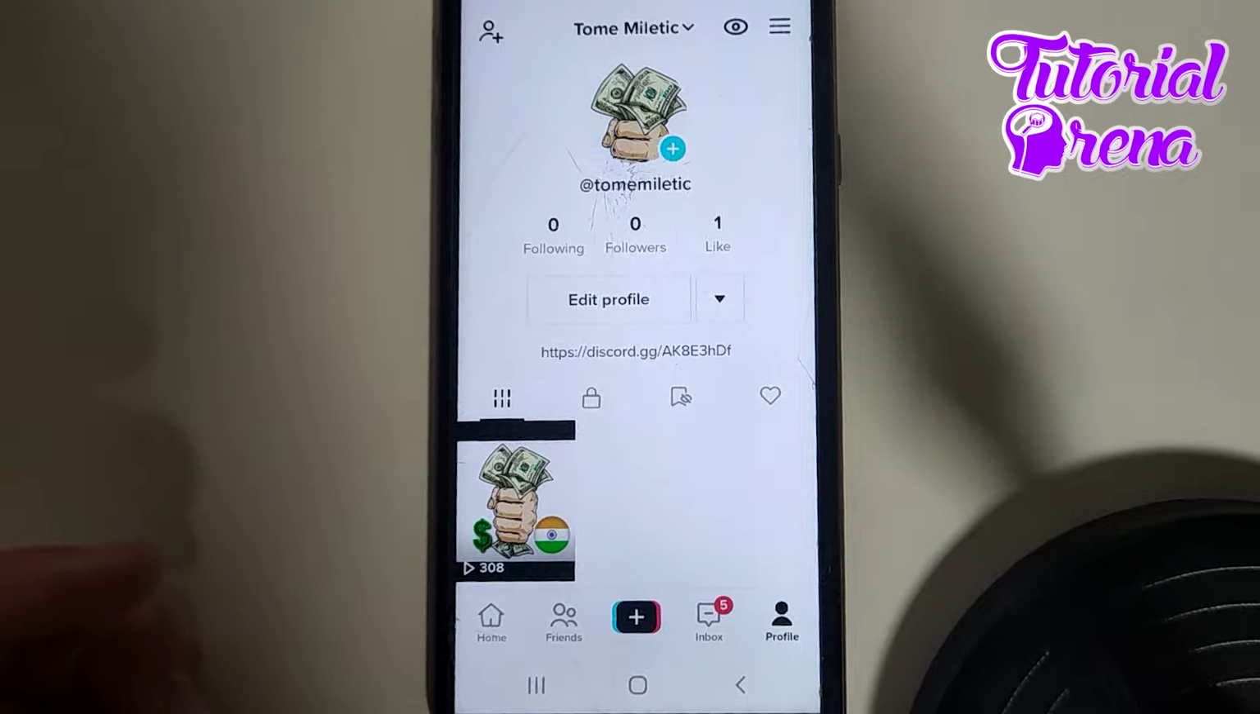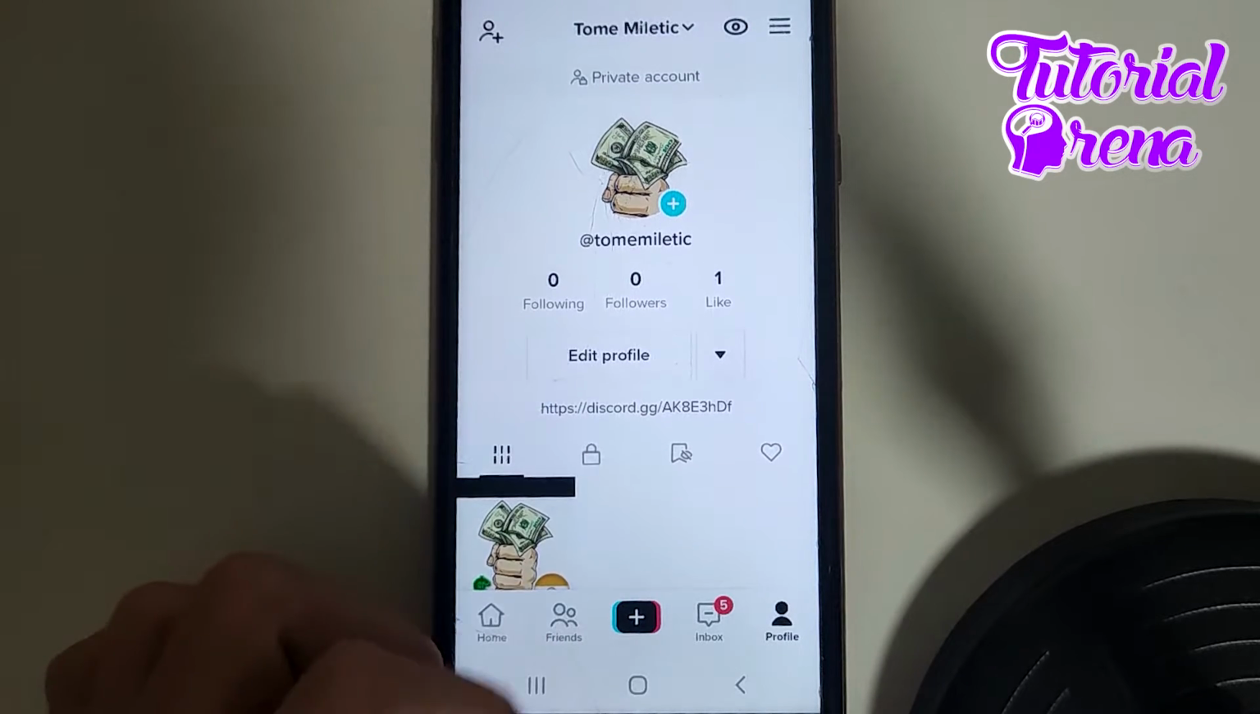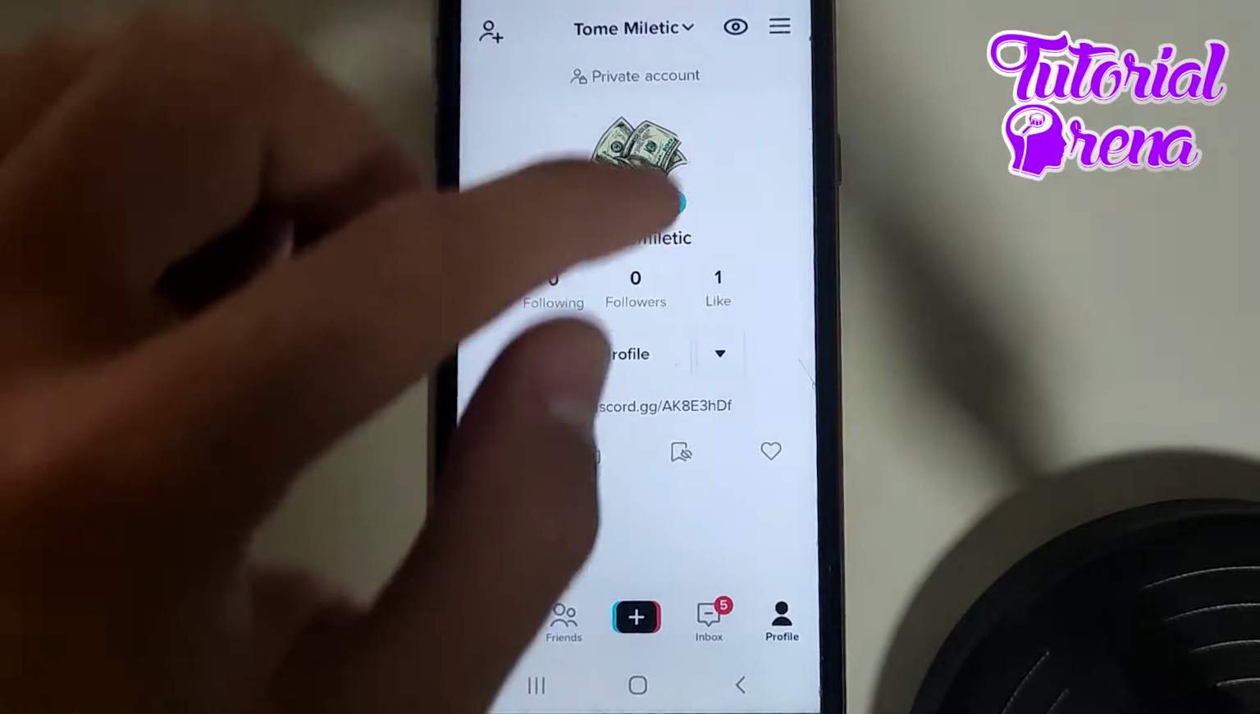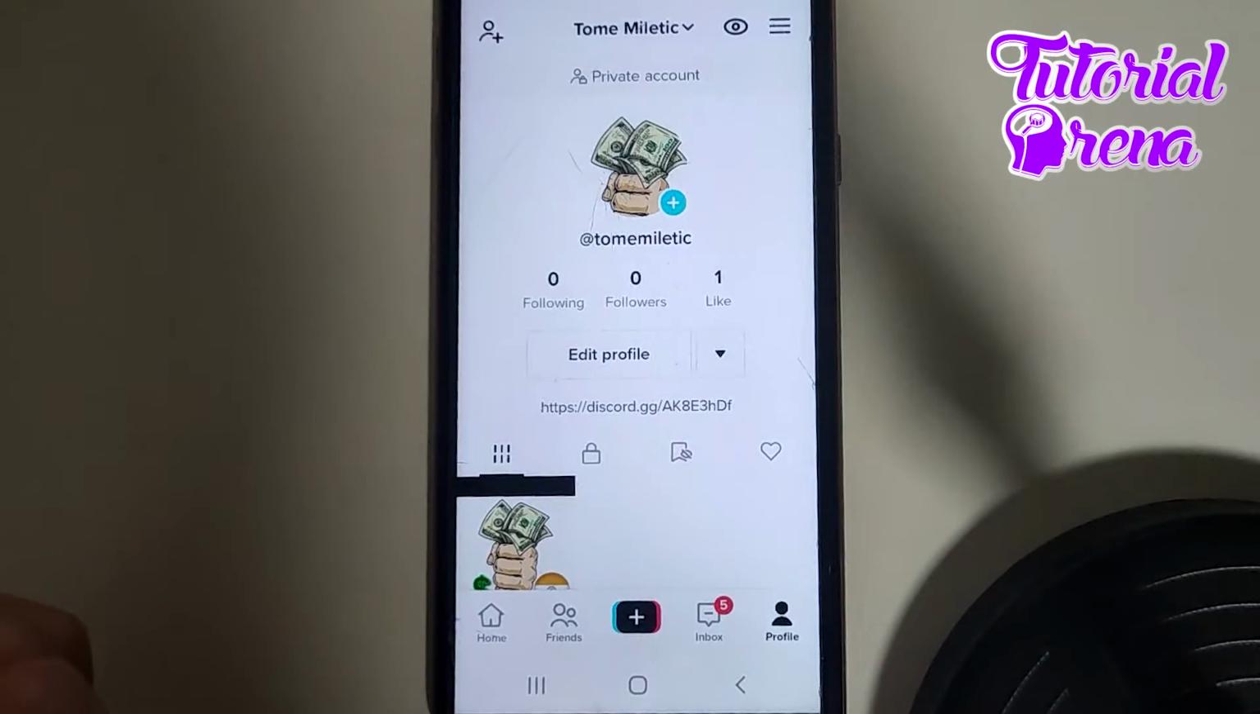In this video, I will show you how to enable limited comments on TikTok. First, you need to open up your profile section right here on your account. Then you need to tap on the three dots on your upper right side, go for settings and privacy, and